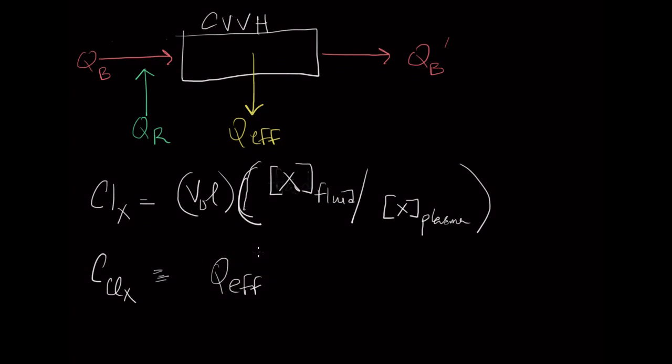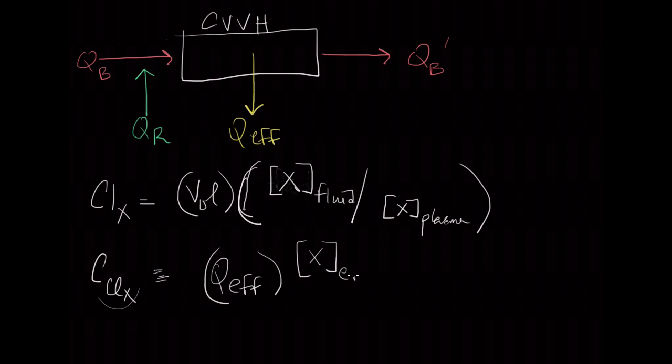And it's okay that we're using flow of effluent, in other words, volume over time, because we're going to be using that throughout this entire equation, and so you'll keep the units of volume over time, which is what you want here in clearance. So the volume is just your effluent blood flow, and we're going to describe what that is in a minute. And then you've got a ratio of the compound, and let's say that compound is X